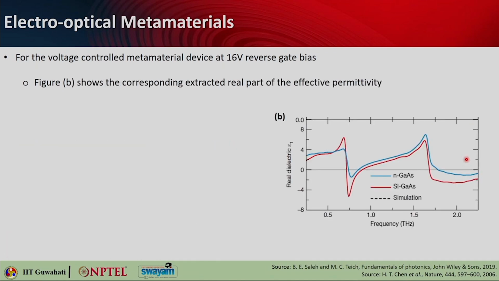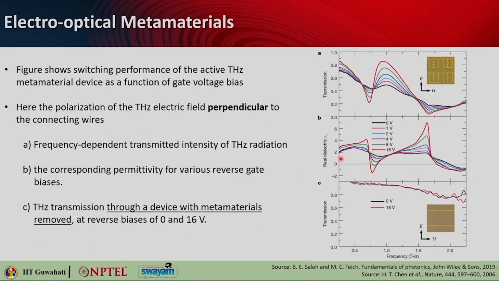Now, after that you can also calculate the real part of the dielectric constant of that particular device. For the case of n-type gallium arsenide, this is the blue curve, and the red one is the semi-insulating gallium arsenide. The simulation part is not shown here. So, how does this give us tuning? Let us see by applying different voltage biases. Those are the cases where you have seen what happens at 16 volt of reverse biasing. Now let us apply different bias voltages and measure the transmission as well as the